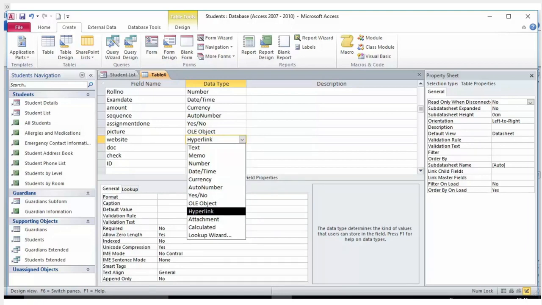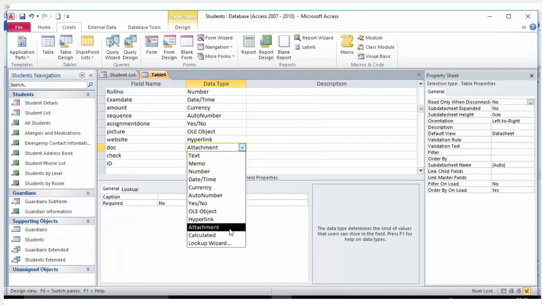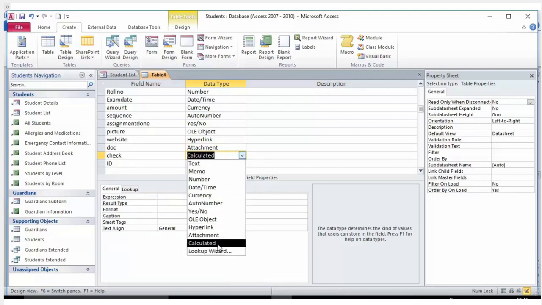Hyperlink. User can enter any data in this type of field and MS Access adds to the user's text. If the user enters a valid web address, the link will work. Otherwise, the link will result in an error message. Attachment. User can attach data from other programs to this type of field, but cannot type or otherwise enter